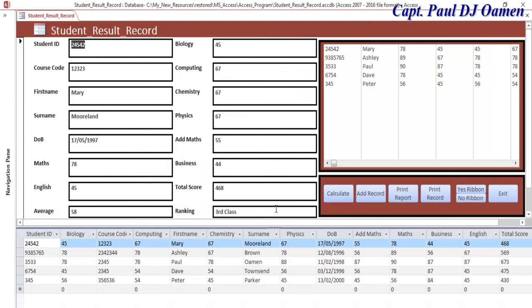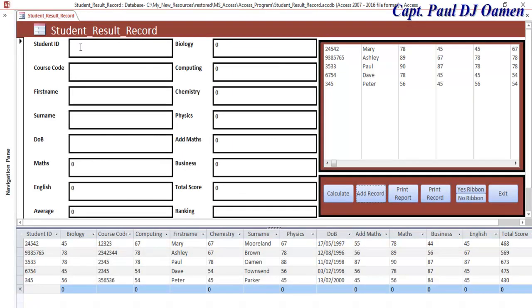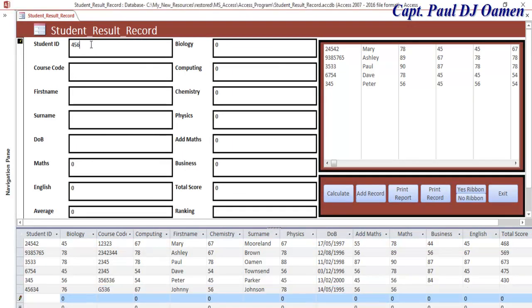Okay, let's assume we have a new candidate, and that's the course code. Right, let's enter, that's the student ID, course code, and this student name, let's say his name is Felix Lord, and